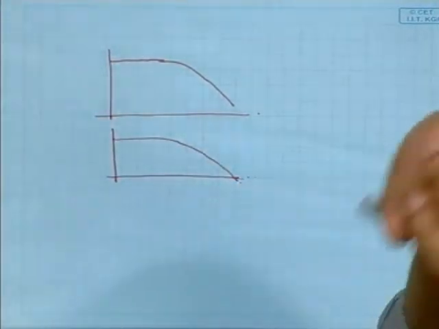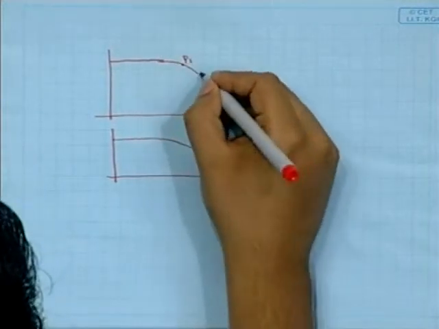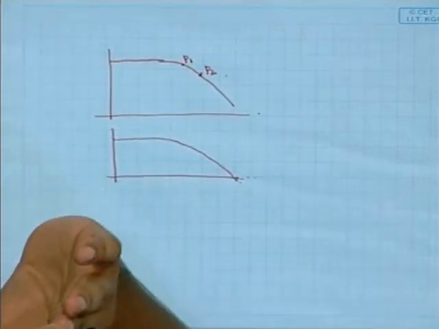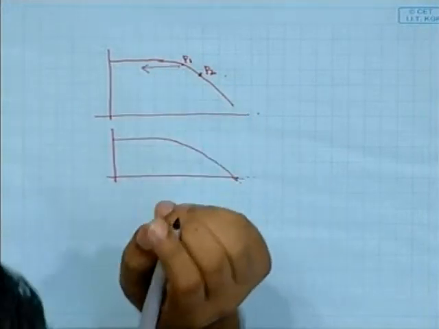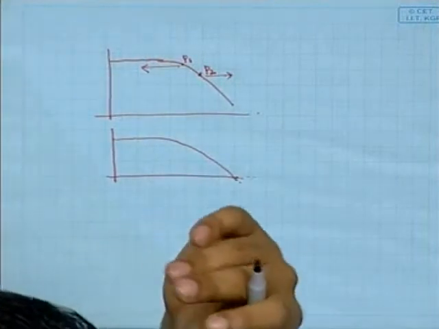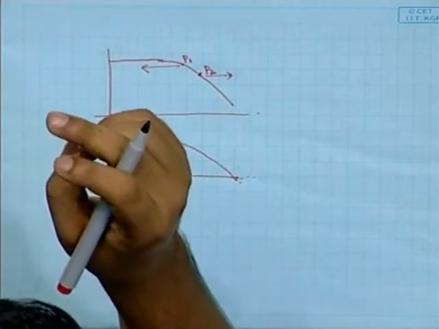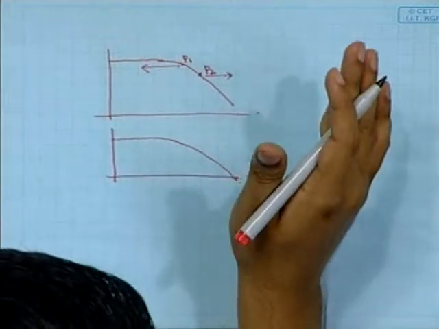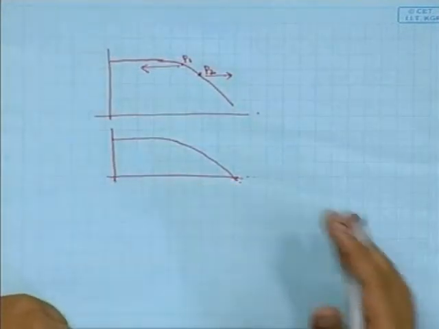So we can do one thing for better phase margin. Suppose this is the location of P1 and this is the location of P2. We can split the poles. Split means suppose this P1 moves in this direction and this P2 in this direction. This P1 arises at very low frequency, so that before coming to the gain bandwidth frequency, it will cause a phase shift of 90 degrees.